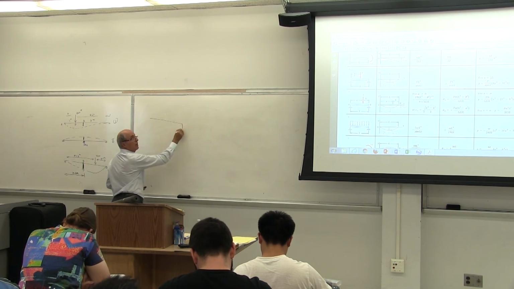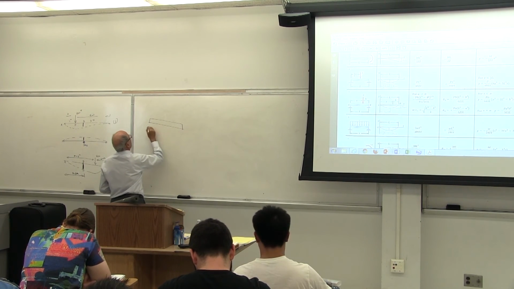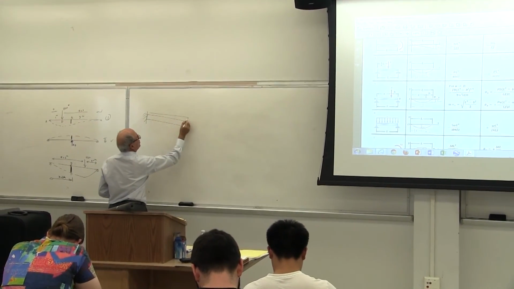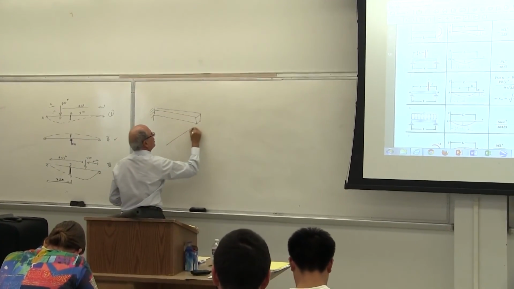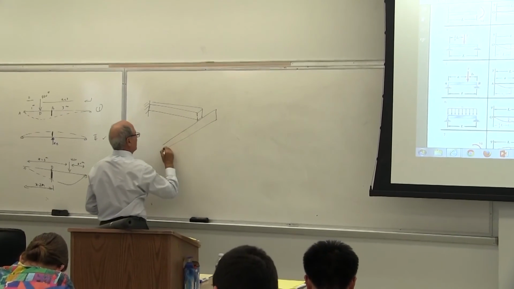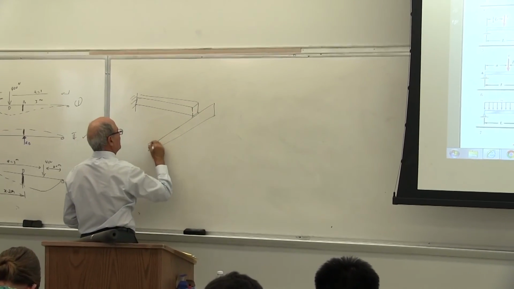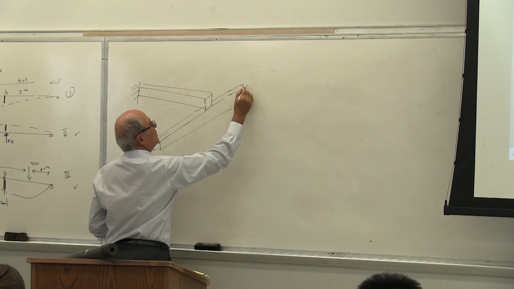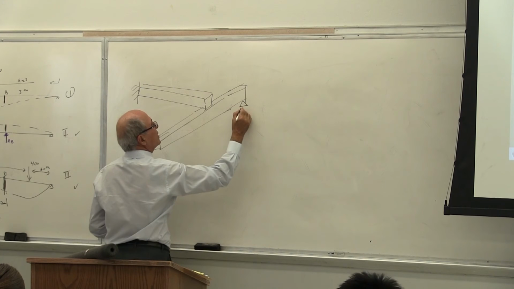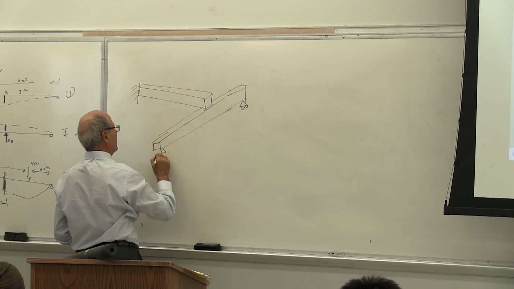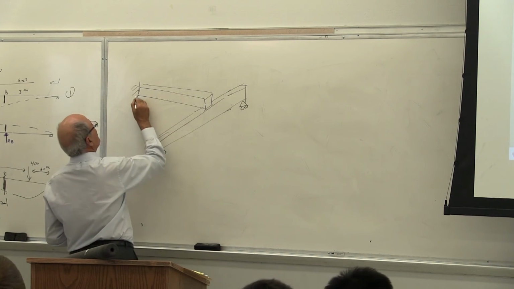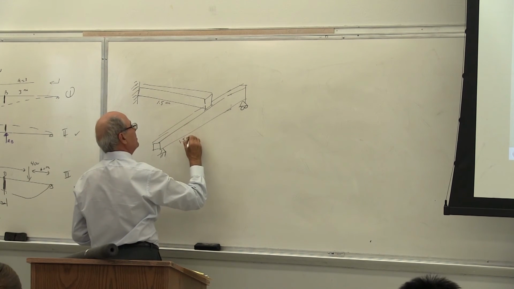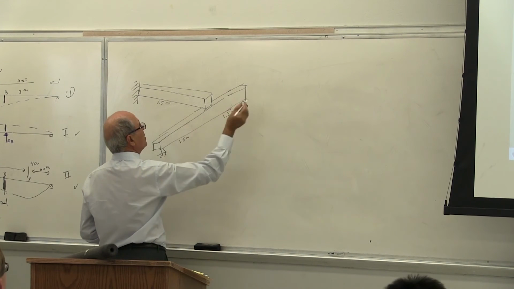Which is a beam coming here, a fixed beam. This I can show 3-dimensionally or 2-dimensionally like that, sitting on another beam here. And this one has a roller support here and a pin support there. This is a fixed support. This is 1.5 meter. This is 1.5 meter. This is 1.5 meter. This is not to scale.